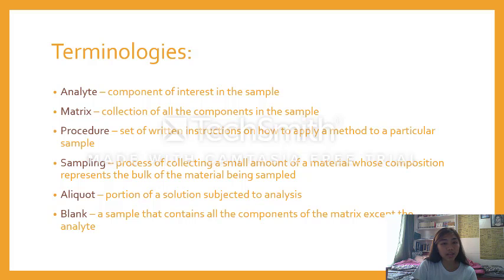So a blank, in terms of an experiment, I think it is considered as the negative control group. Yeah, aside from that, as what I have searched, a blank is usually used to calibrate instruments, for example, the spectrophotometer. And with that, you can search how exactly the blank plays its part in the calibration of a spectrophotometer. Because as what I have searched, the blank is the first